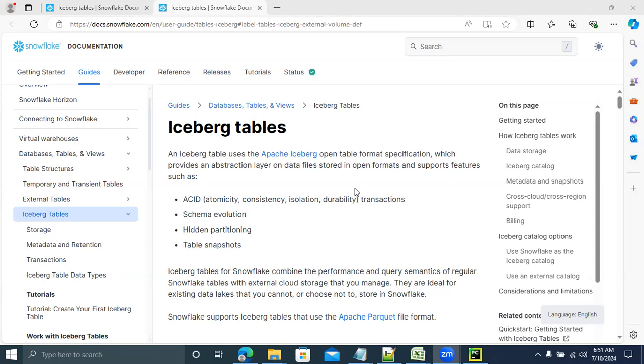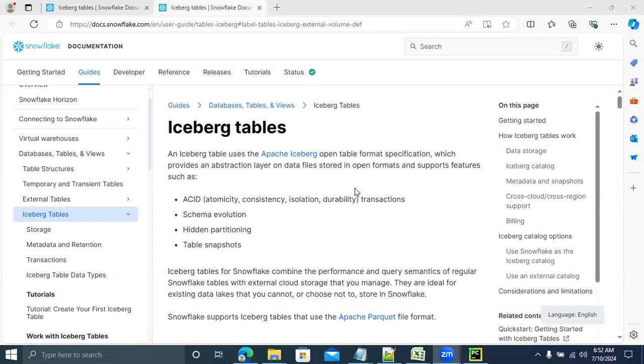Now, these Iceberg tables are mostly used for huge analytical data sets. If you have terabytes of data, petabytes of data, then you have to go for Iceberg tables. You can keep it in your S3 bucket. You can build on a data lake. A data lake is nothing but where you can keep structured data, unstructured data, semi-structured data on a larger scale. If you are doing some data mining or analytical things, or you want to do some visualization, the data will be taken from the data lake. A data lake contains structured, semi-structured, unstructured data.